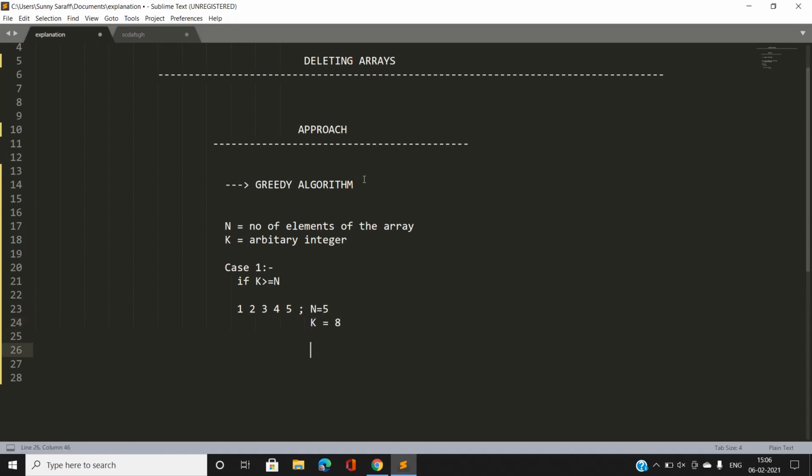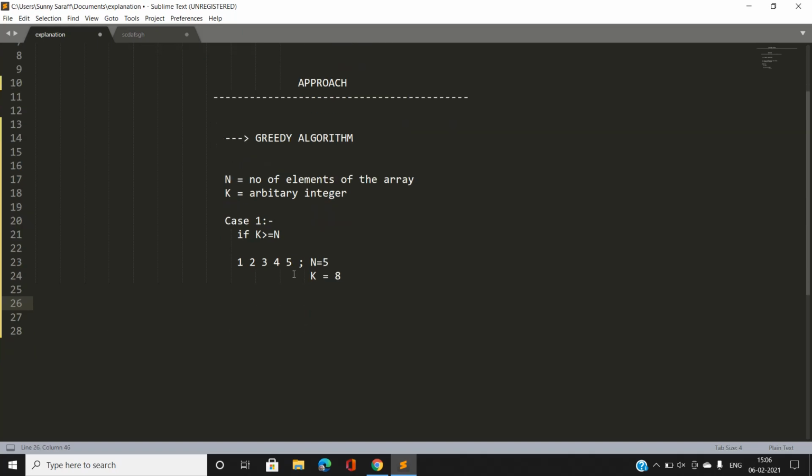In this case, note that if k is always greater than or equal to n, we can always choose the leftmost index or the rightmost index, and we delete that element according to the question, and we delete the first k elements starting from I plus 1, and also the first elements starting from I minus 1 to the left of it. Note that if k is greater than n, either by choosing the leftmost index or the rightmost index, it is obvious that we can delete all the elements of the array in one operation.